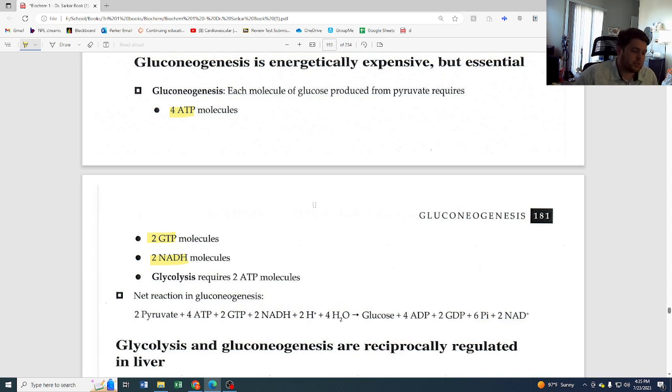But it's necessary because, if we don't have glucose, we need to be able to create glucose to have it go to the parts of the body that need it. That's why the liver is in charge of this, and then the liver sends it through the bloodstream, and it will go to the nervous system and the red blood cells and everywhere that needs it in order to maintain those tissues.